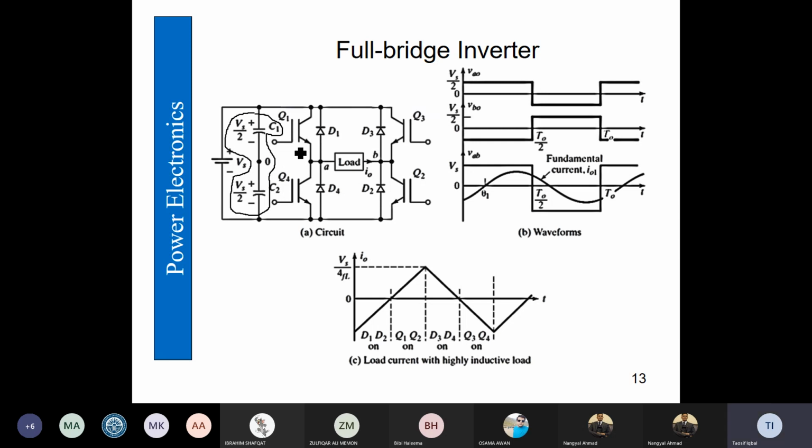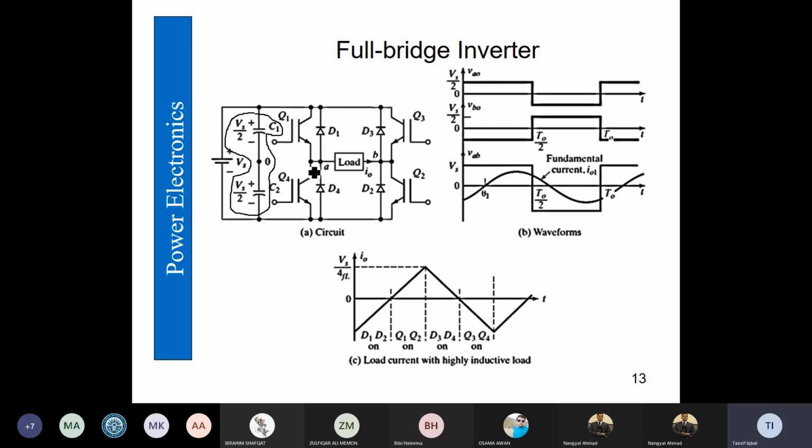Now we have 4 switches along with their built-in diodes, or if these diodes are not built-in, we will be connecting them separately. And when selecting the switches and the diodes, we are going to look at the on-time resistance for both. Whether the diode is built in with the switch or not, if you have to add a diode separately, we are going to select it based on the on-time resistance.